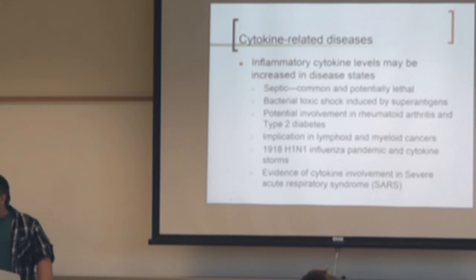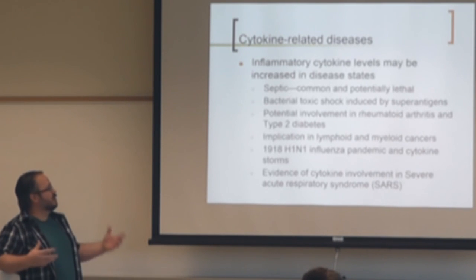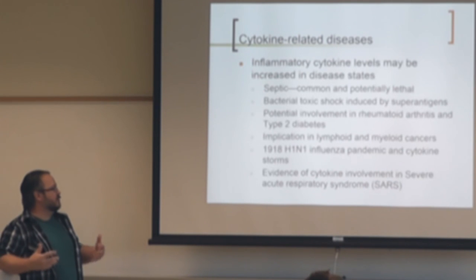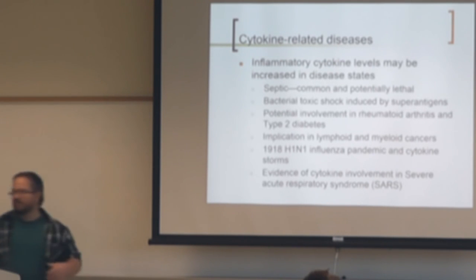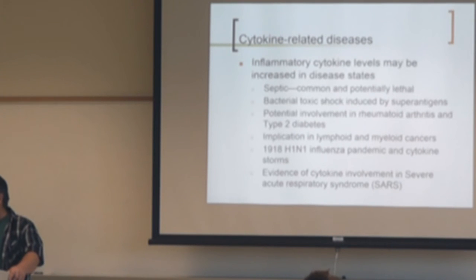Also, a lot of these inflammatory cytokines are involved in myeloid and lymphoid cancers. They believe that they are being hijacked and causing inflammation, and that inflammation can be deleterious to immune cells and causes restructuring of blood flow to tumors and things like that. So they can be related to disease, part of causing disease, or hijacked to do that.